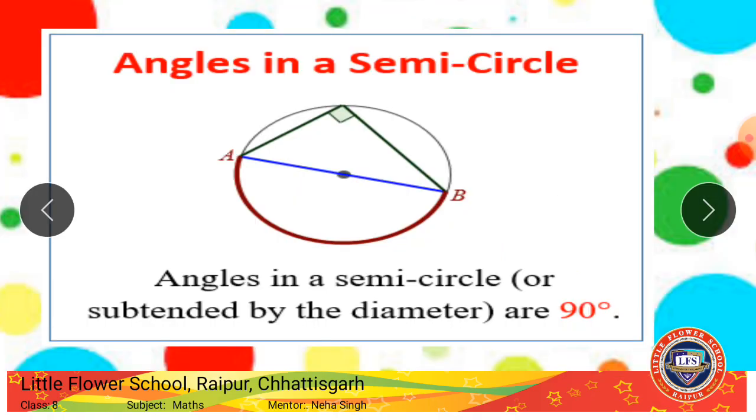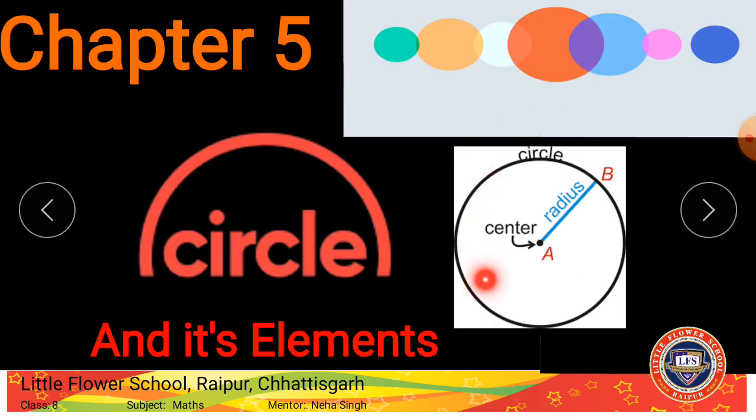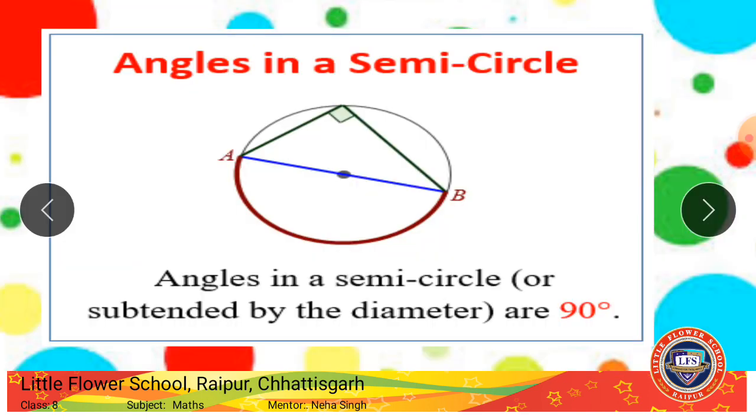So now let us move on to the points. We'll study about circles, right? This is the circle. Radius is the line joining the center to any point on the circumference, right? The boundary of the circle is known as the circumference, and the line joining both points on the circumference and passing through the center is called the diameter, right? And the diameter divides the circle into two equal halves, that is called the semicircle, right?